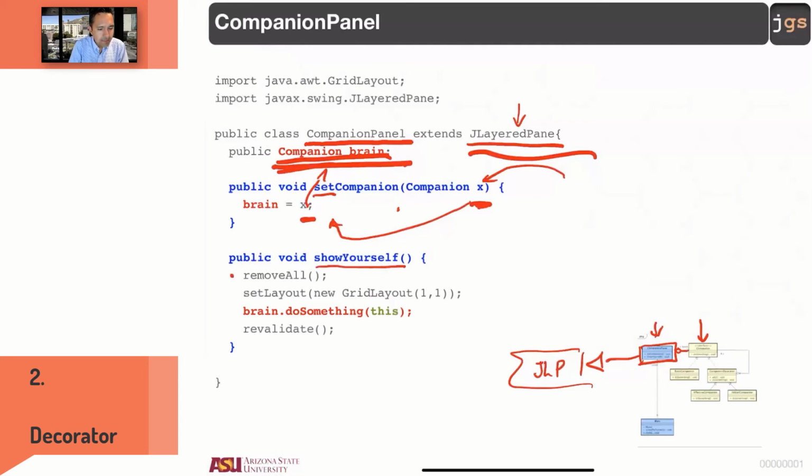Delete everything. Because I delete everything, something that I can do is to establish again my layout. My layout for my panel is use one column, one row. So I could use a grid layout one by one. I want to use the full space. And then